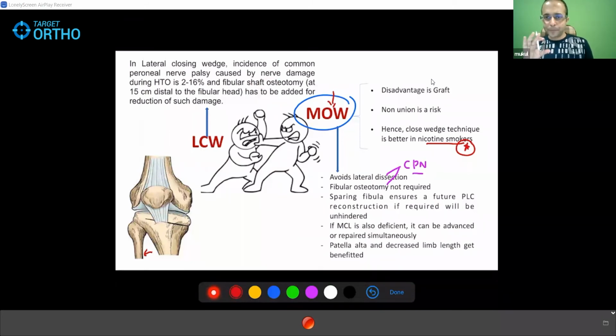Fine enough. So I'll be describing all about HTO by the medial opening wedge technique, because at least to an arthroscopic surgeon, this makes sense. You do it for ACL also. You do it for the double triple varus where a PLC might be required. So it fits everywhere, at least to a person who repairs the ligaments also. So get set to understand the medial opening wedge technique.